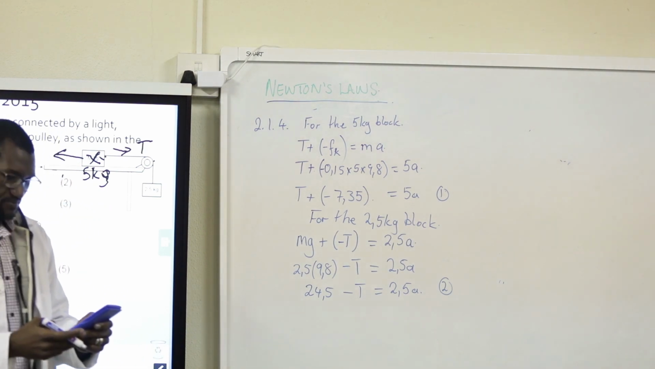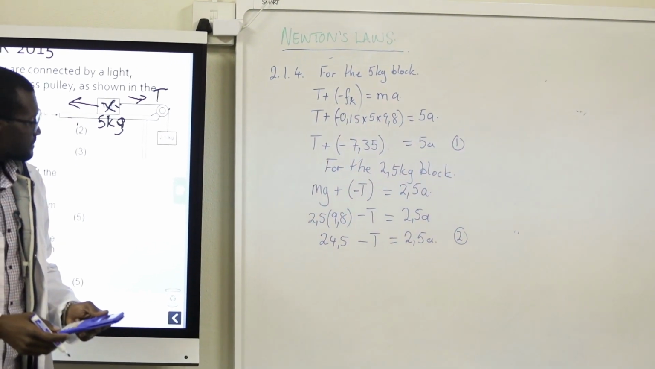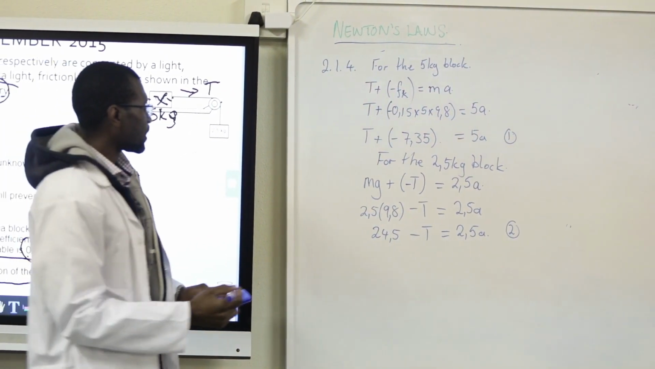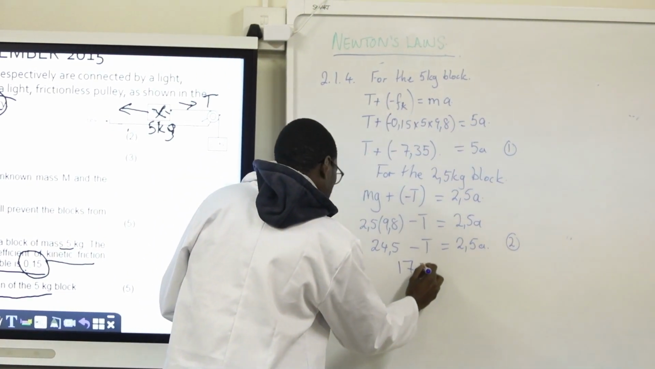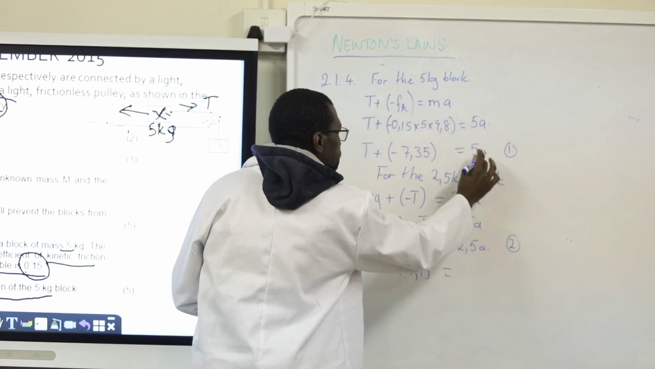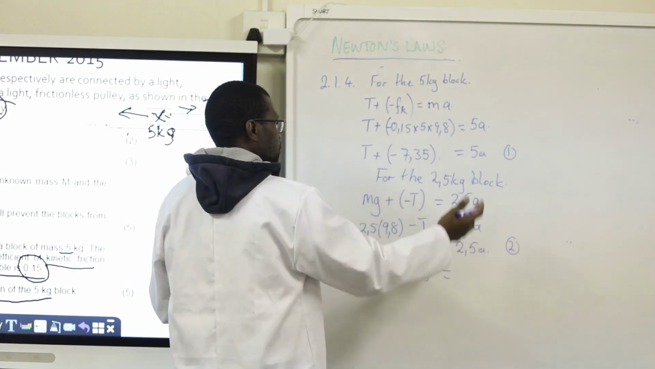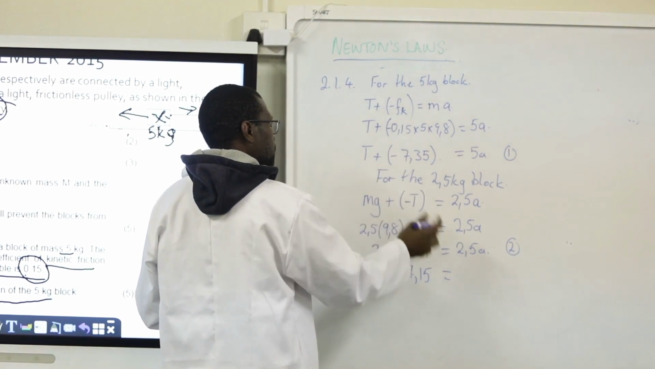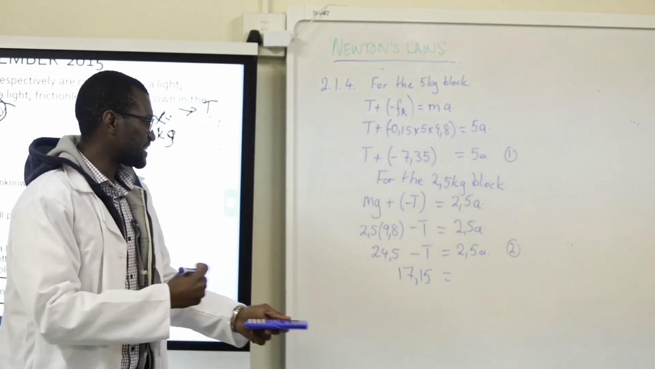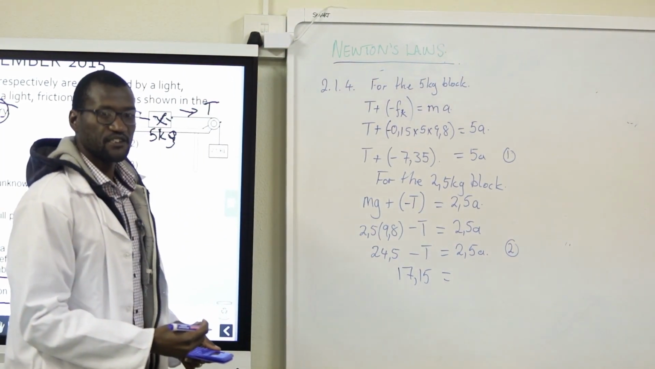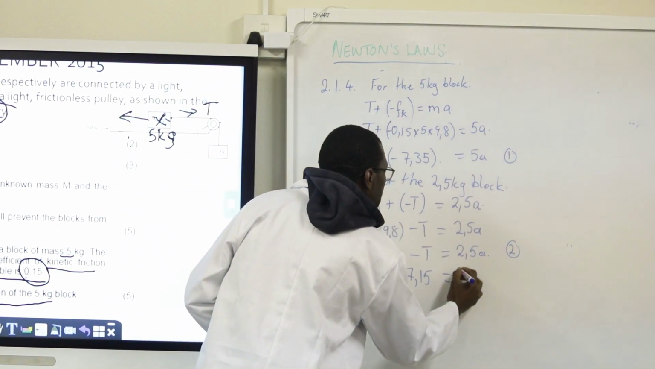Okay? It's going to be equal to 17,15. Let's just put that step down. Is equal to 5 plus 2,5. Depending on how your teacher taught you to do simultaneous equations, some would make t the subject of the formula and then equate the two equations. However you do it, but I would do it this way,